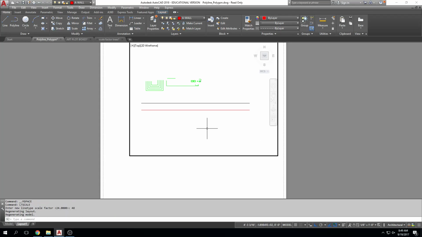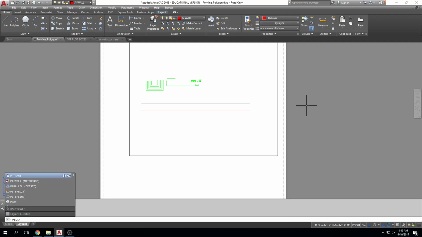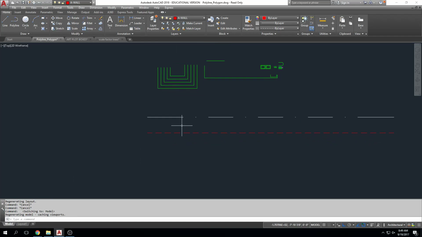And of course it didn't work. Hold on, let me change something else. Oh, it's really not working today. Oh, let me go back here. We'll change it in here. Sometimes it's finicky where you have to change it in model space. So LT scale, enter,